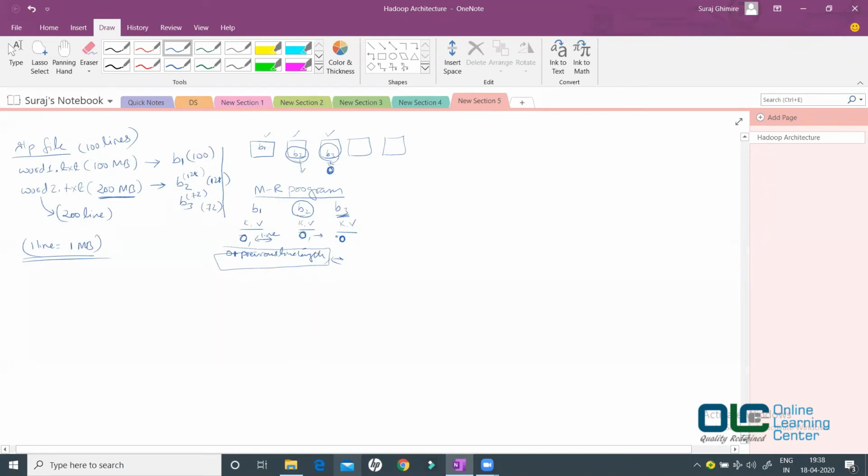So it automatically answers your question that this B3 first line will be 0, not whatever line you have processed here. So don't assume that we will wait till this whole data is processed and then from the last line we will get the number and this number would be added here. No, that is not going to happen. It will also start with 0 because they will be treated as an individual block.